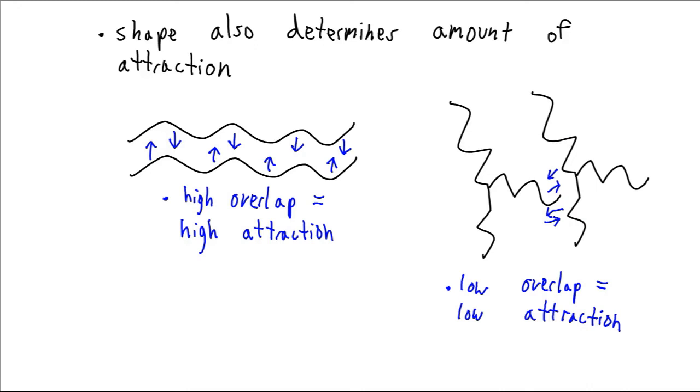experience London dispersion forces. This is one of the major factors determining whether or not your fat is a liquid, such as olive oil or vegetable oil, or if it's a solid, such as butter. And if you want your fat to be a liquid, then what you can do is you can put kinks in the chain of the molecule called points of unsaturation, and then your molecule will have less overlap, so it'll have less molecular force between the molecules, and so it will be more likely to be a liquid at room